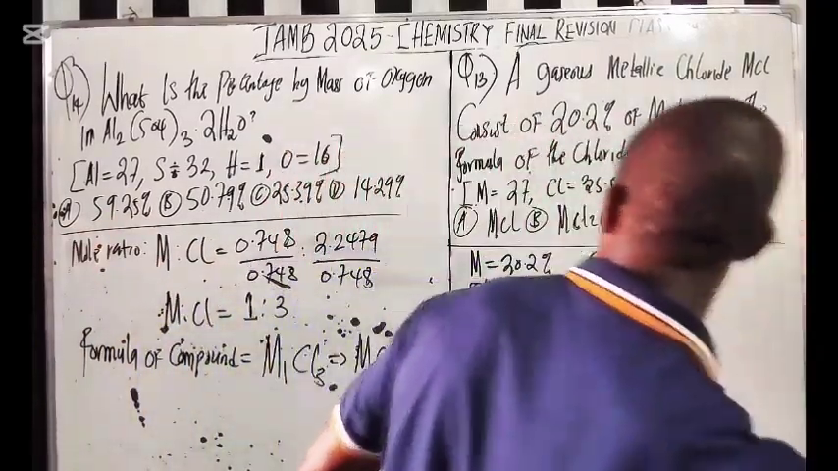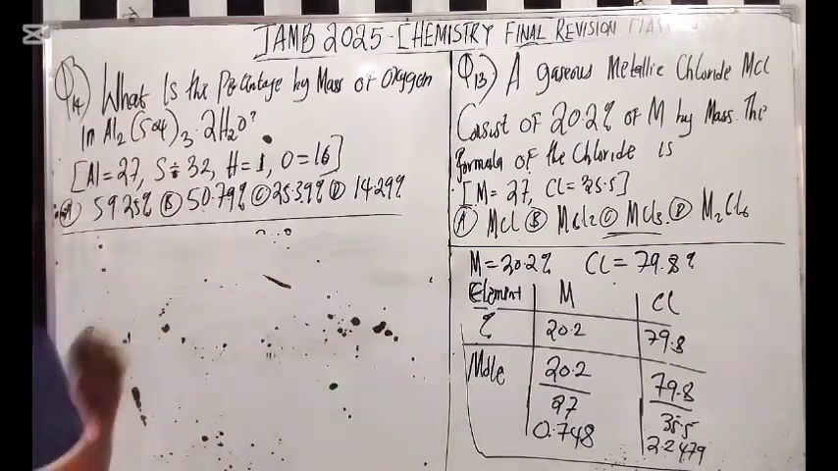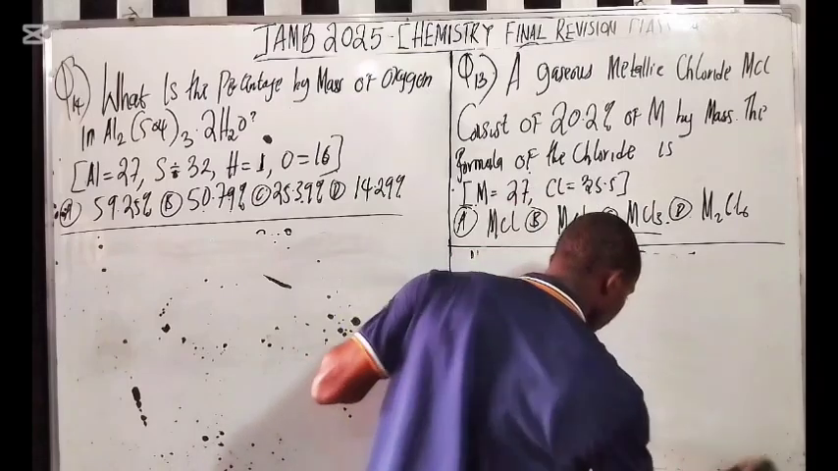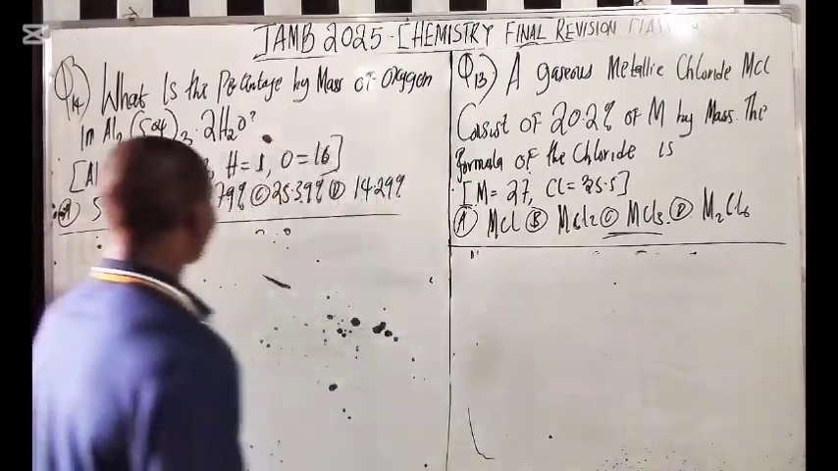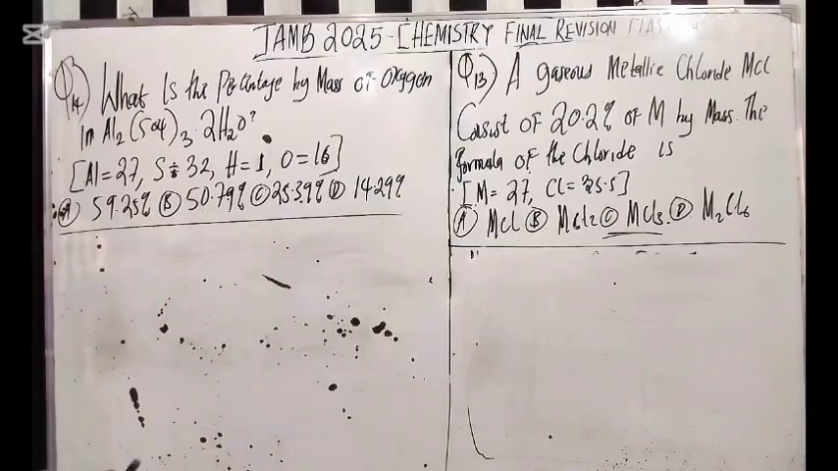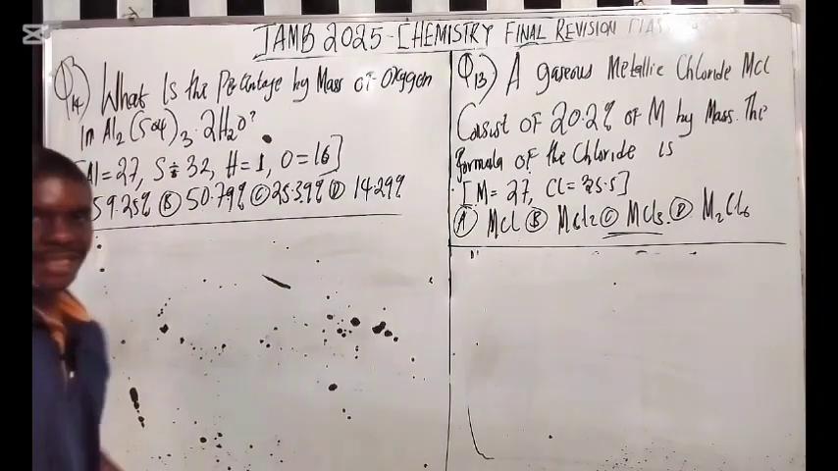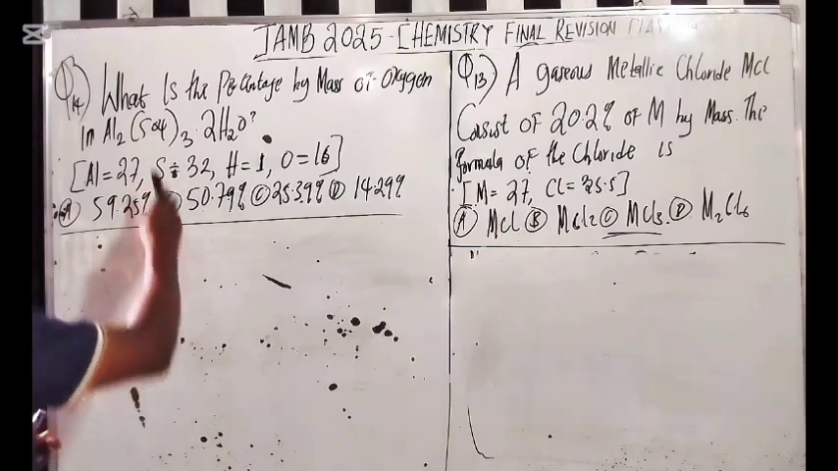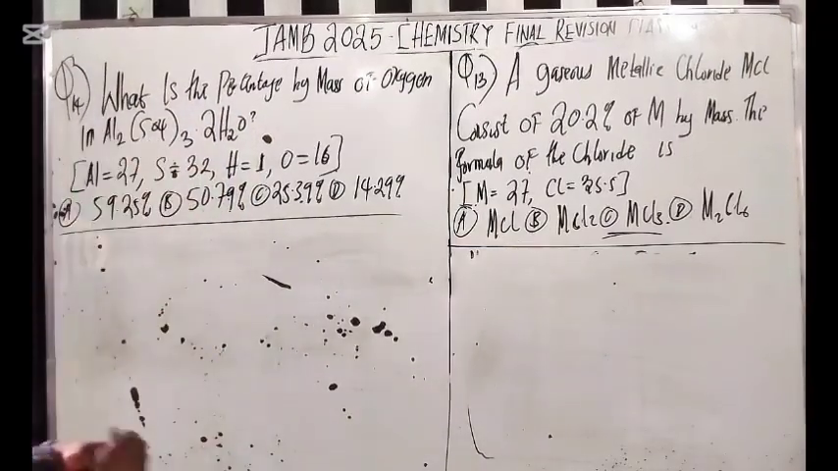So now let's look at the second question. So if you look at the second question, what is the percentage by mass of oxygen in aluminum sulfate dihydrate, right? Here we have 2 molecules of water. Now the first thing we want to do here is to calculate the molar mass of the entire compound. Do you understand? Because percentage by mass